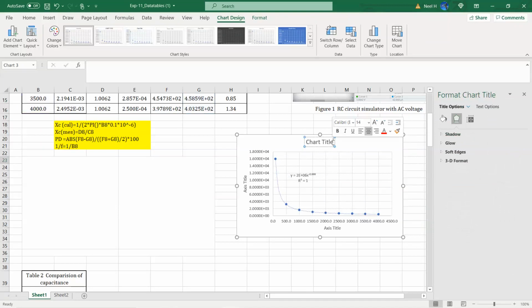Then we'll put the chart title here. This is impedance versus frequency of capacitor. And the x-axis should be frequency in unit hertz. And the y-axis is